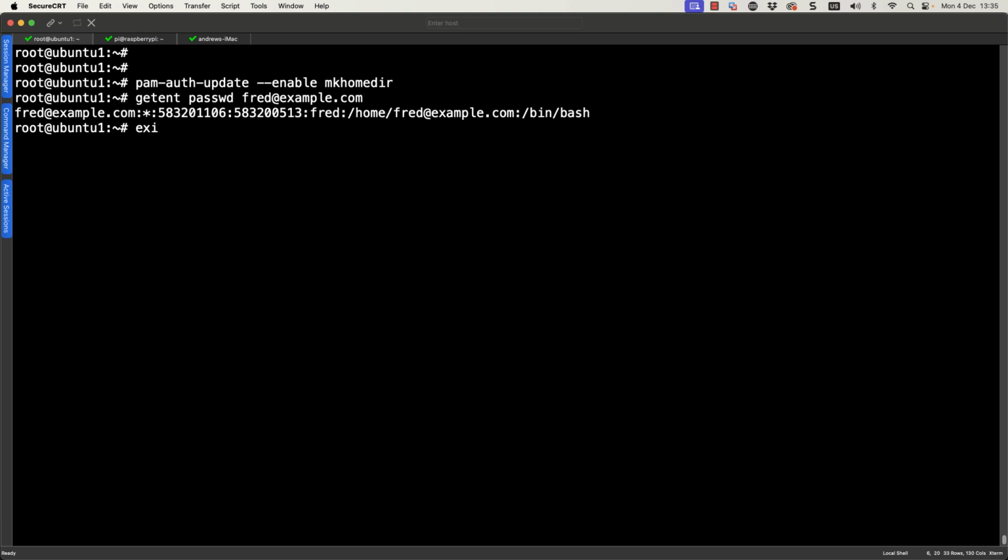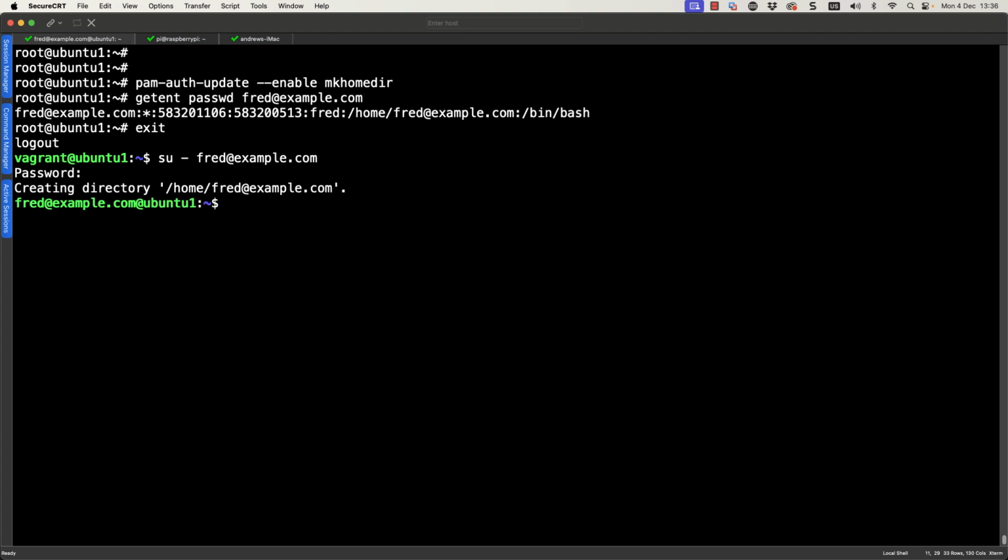With this done, let's exit out back to my ordinary user account and then switch through to fred@example.com, and we should then be able to see that Fred is up and running. And as I put in the password, as long as I can remember what the password is, we can see we've created our home directory and we're now logged in as the Fred user.